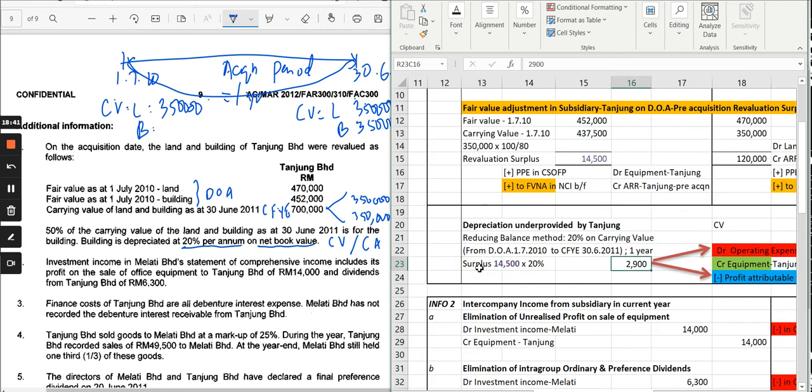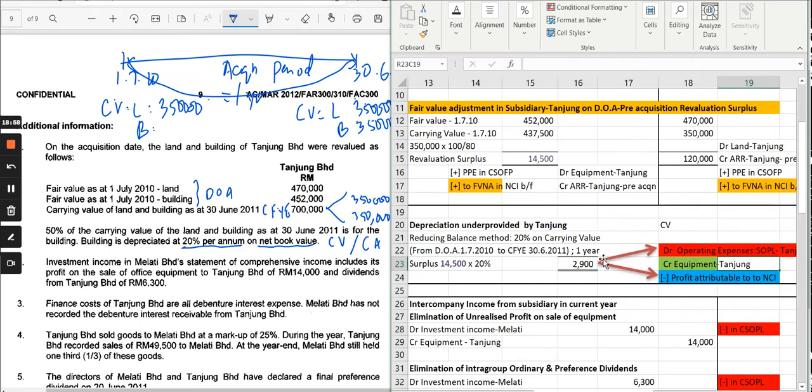So rather than comparing the fair value and the carrying value, I straight away take the surplus and I multiply it with the percentage, since I'm only looking for 1 year. So that is the answer. So this can cut short your time. So for the surplus, we have already recorded here, but this one is actually the under provision of depreciation. So under provision, which would be